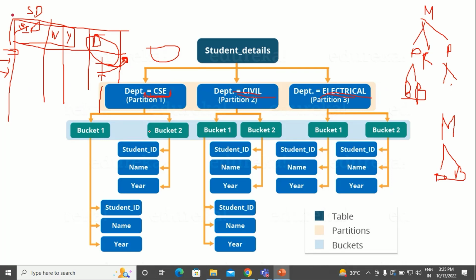Now, to make it more manageable, a hash function will be used. Suppose I have this partition now. In my partition, suppose I have a department which is CSE. Now, in the CSE department, I want to do the bucketing. In bucketing also, you have to first specify on which column you want to do the bucketing,